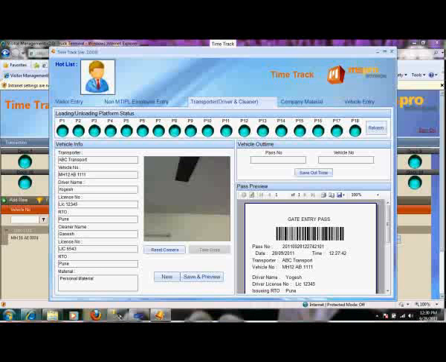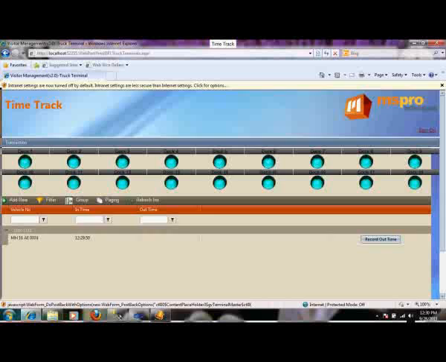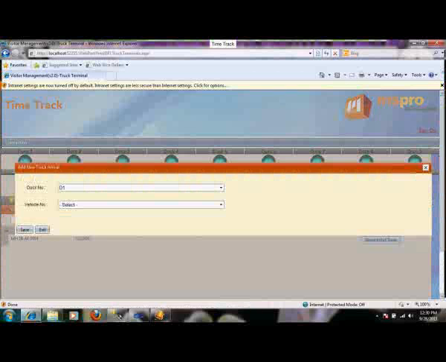So the time at the dock is recorded. Now on the application, the signal on dock 1 or platform 1 is still green. That means the number of vacant positions wherein the vehicle can be parked is not yet filled.